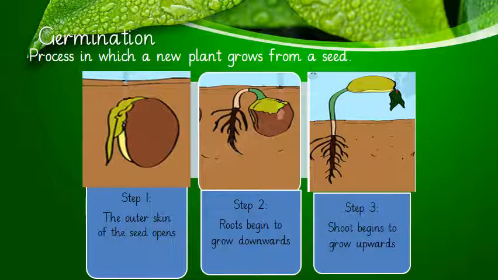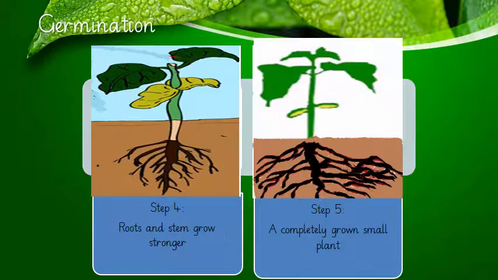We sow the seed into the soil, and after a few days the outer skin of the seed opens. Step 2. Roots begin to grow downwards from the seed. Step 3. Shoot begins to grow upwards out of the soil. Step 4. Roots and stem of the new plant grow stronger. Step 5. Now this is a completely grown small plant with roots and shoot, and it starts making its own